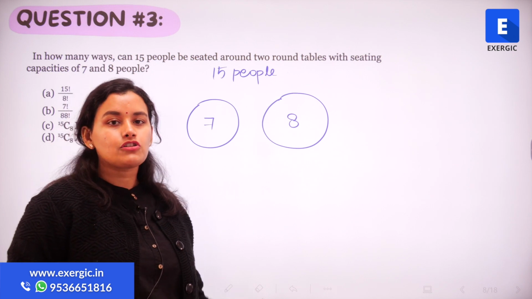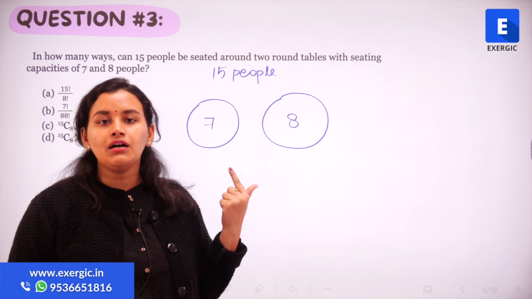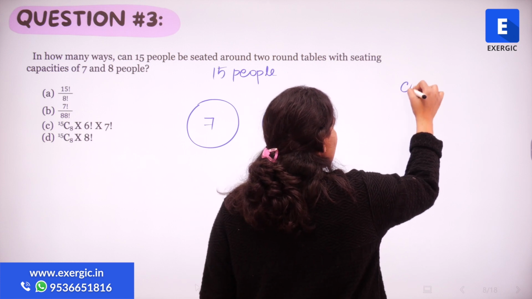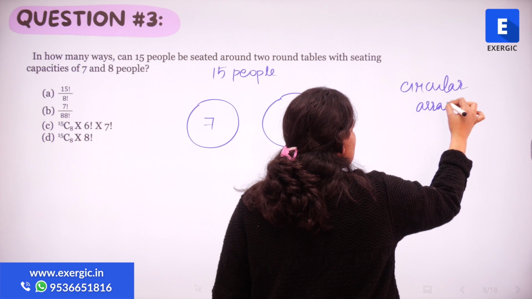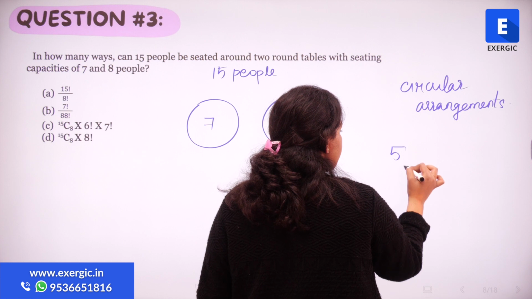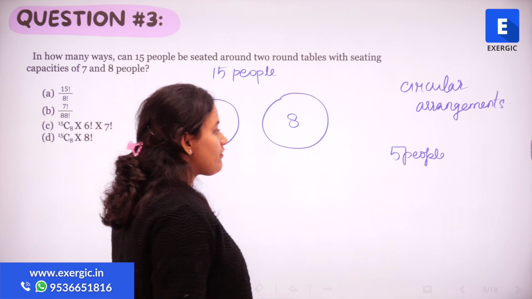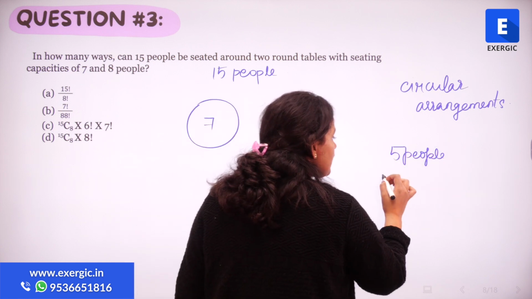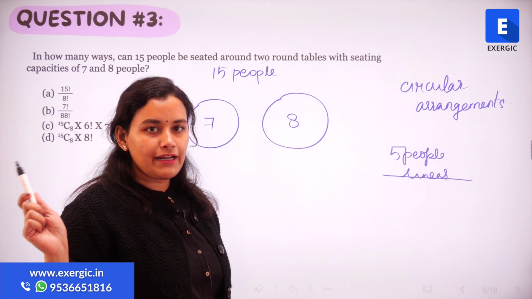So firstly, for solving this question, you should know how we use circular arrangements, or what the formula for circular permutations is. How do we express circular arrangements? So if I have, let's say, 5 people, and people are distinct, people cannot be identical, right? So we have 5 distinct items, and they need to be arranged in a straight line, in a linear fashion.